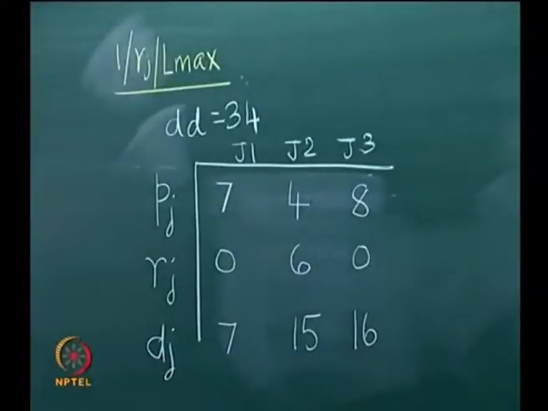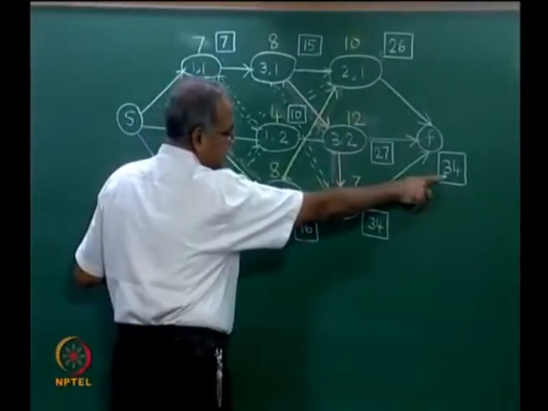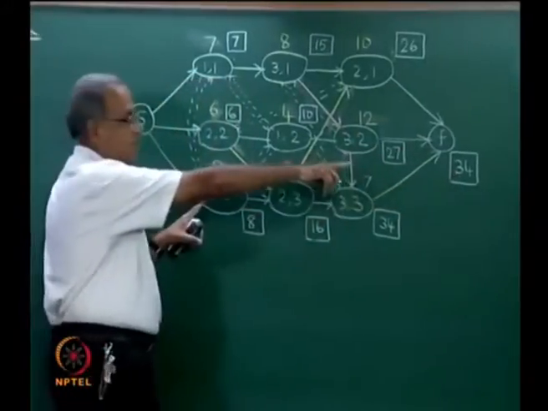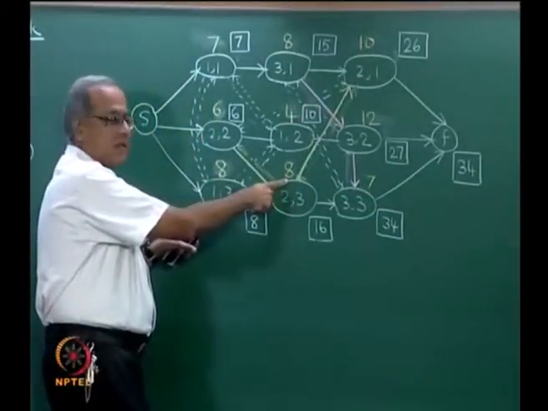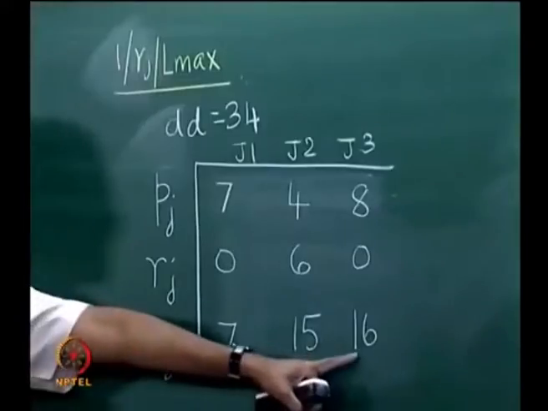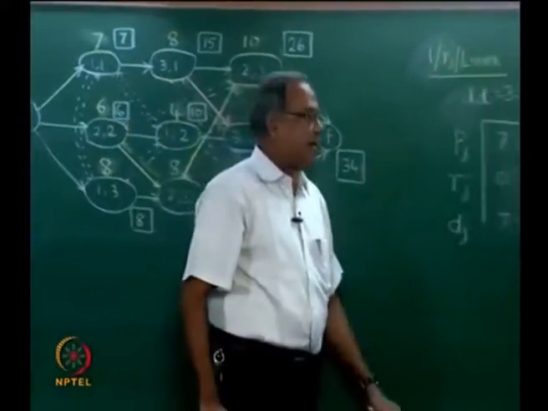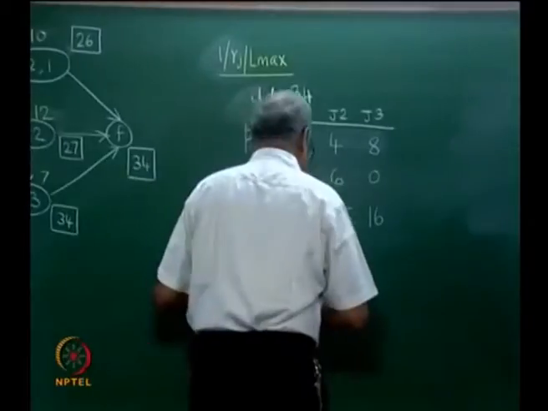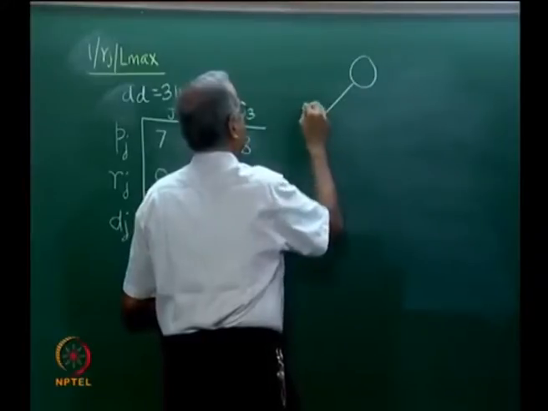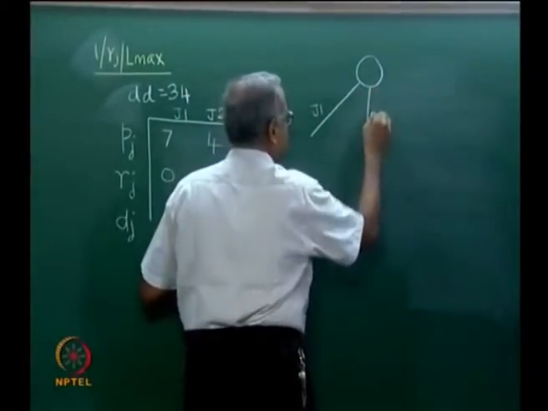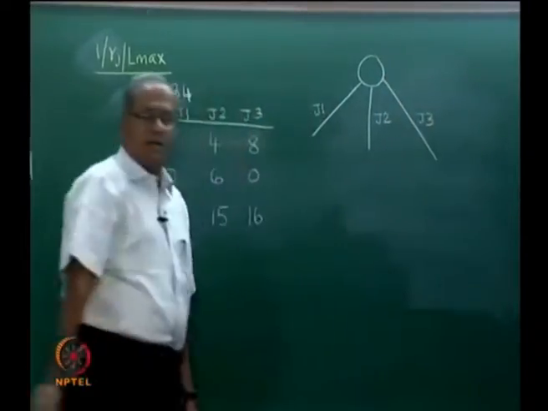Now as far as J3 is concerned, we are here. So again we go through the path. 34 is the final, at the moment the makespan is 34. So 10 plus 8 18 more time units of processing is required. So the due date becomes 16 for this. Now with this data we try and solve a 1 | rj | Lmax problem on machine 1. So we now begin with J1 as the first job in the sequence, J2 as the first job, and J3 as the first job in the sequence.